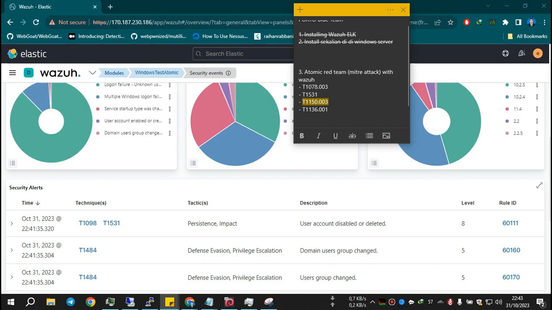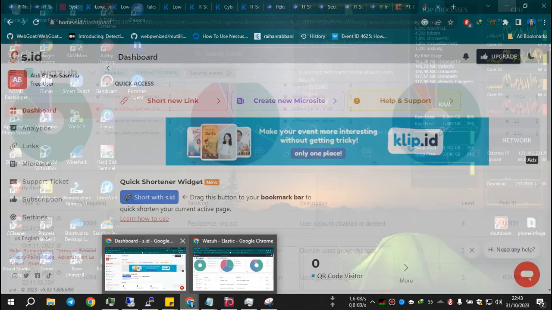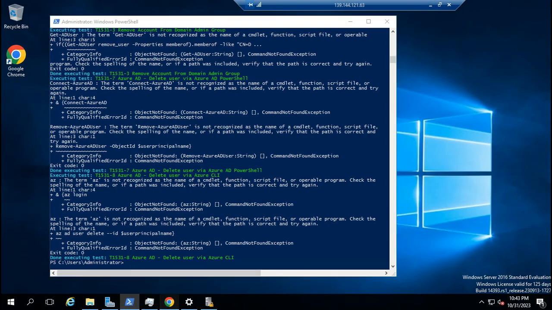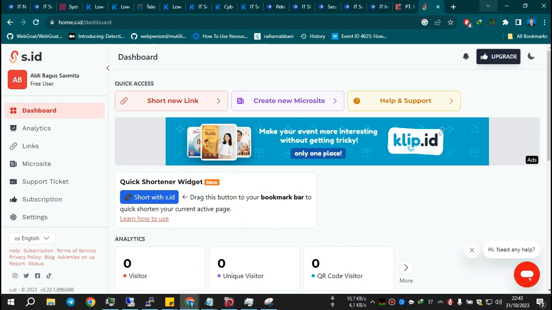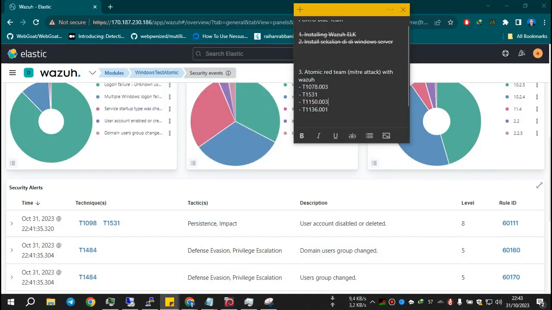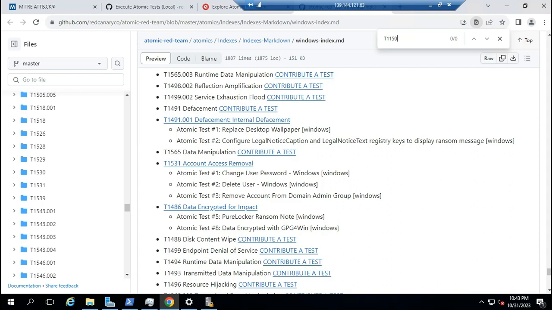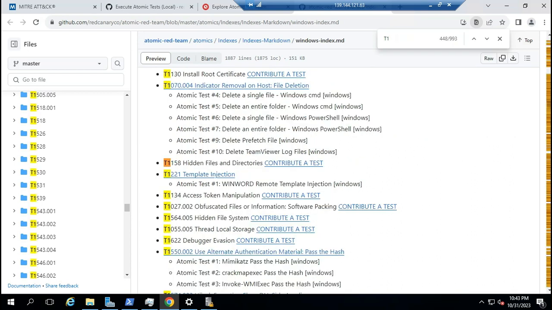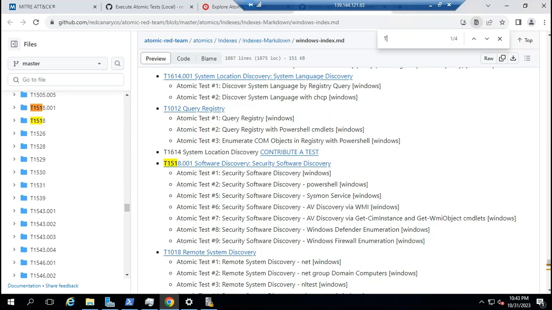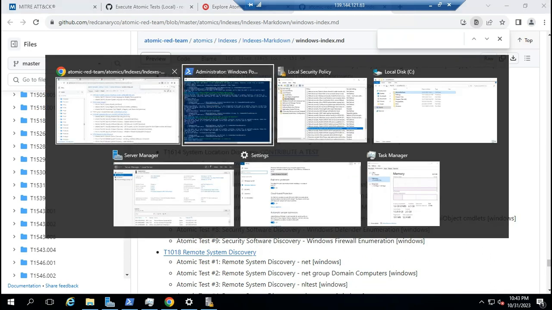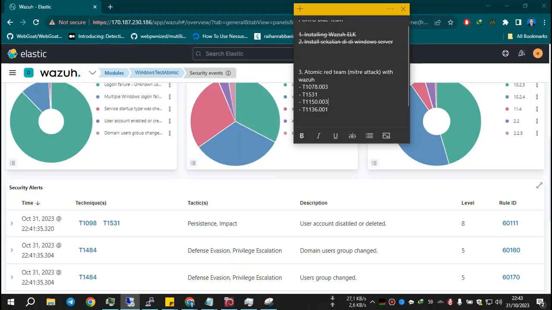So T1150.003. Okay, we run. Okay, I'm sorry, maybe I made a typo for this. 1150, wait. Yeah, I think it's a typo. Yeah, I don't know for the last tactic.